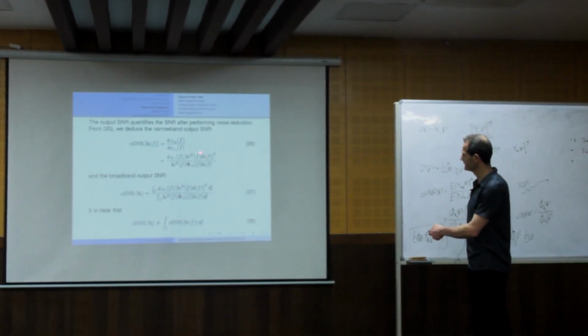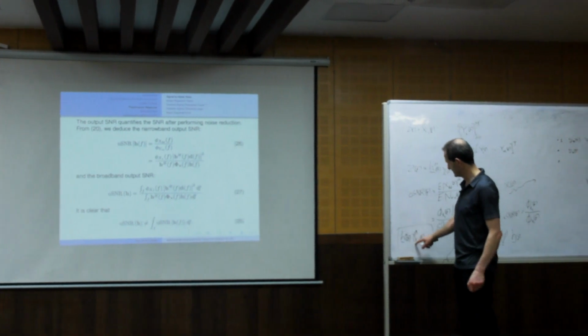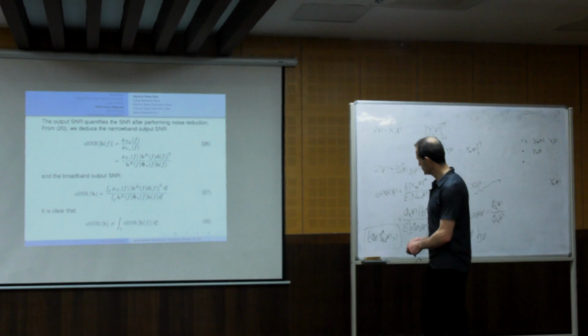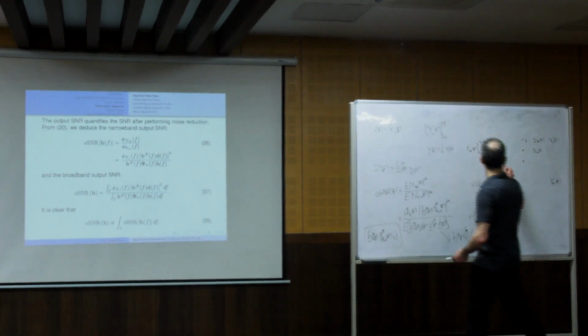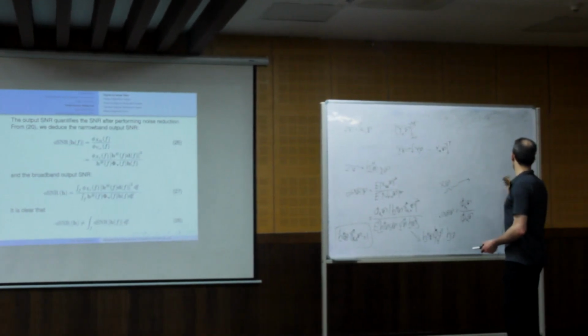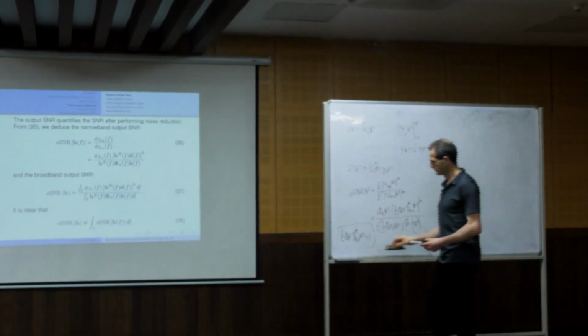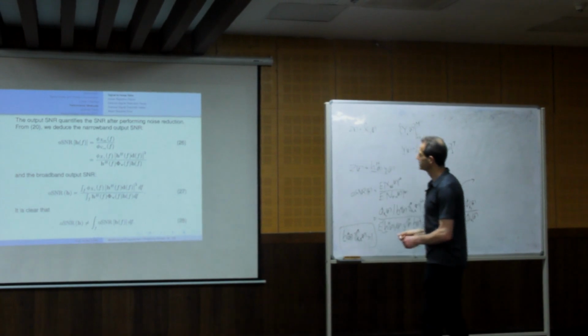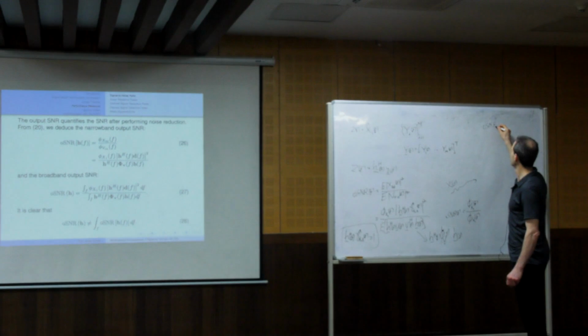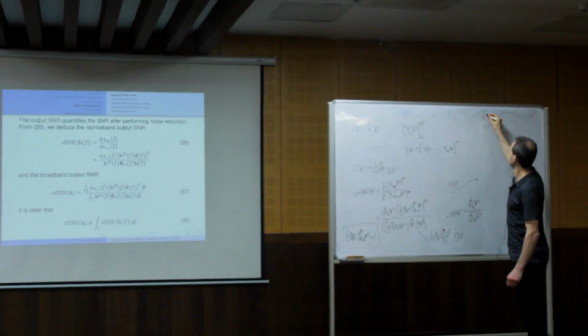You see D, the steering vector, is this steering vector. So here, the narrowband output SNR for MVDR